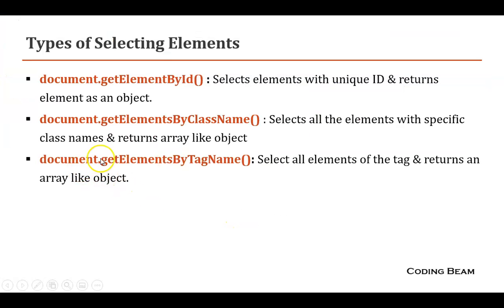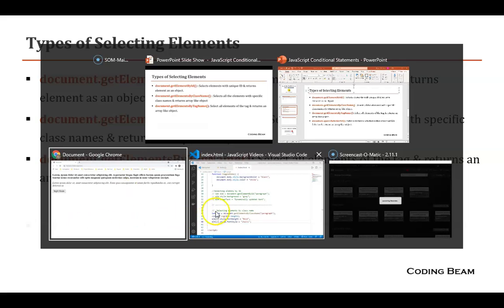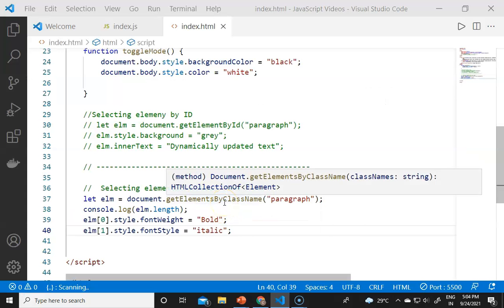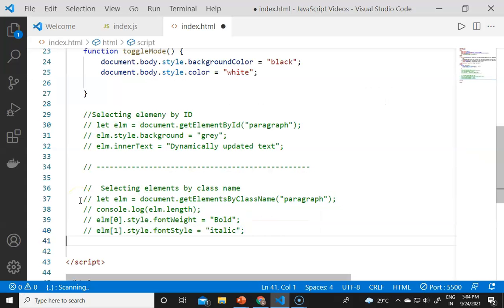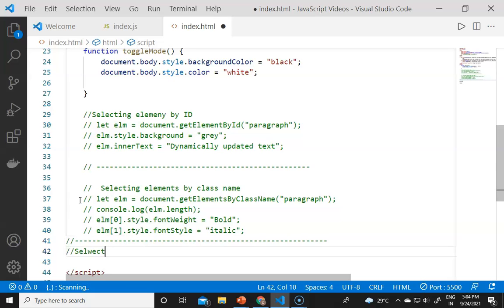The next one is document.getElementsByTagName. It will select all the elements by their tag names and return an array-like object. If I go to VS Code once again and comment this out first, then I create a new space for selecting elements